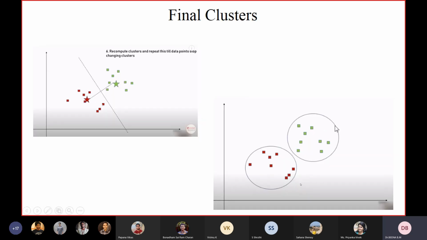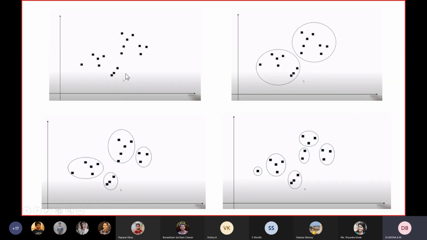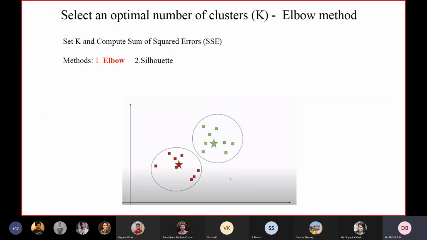Now, just by visual examination I say that there are 2 clusters. But what if this data set is given to you, I say that there are 2 clusters, the next person says that 4 clusters can be formed, the third person says no, this is neither 2 nor 4, there can be 6 clusters formed. So how to decide the number of clusters for a given data set? K-means algorithm is used to decide the number of clusters, right? So that's what we are going for.